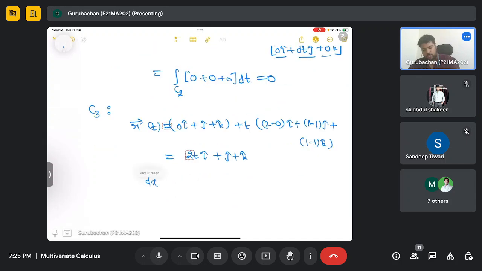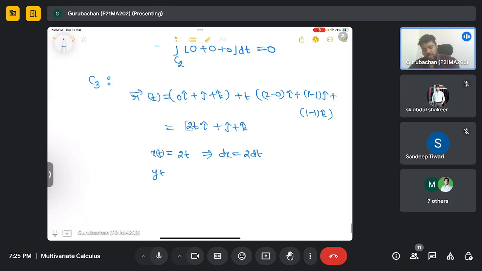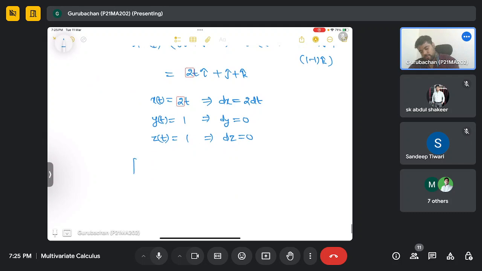So from here, x(t) will be 2t, which will give you dx as 2 times dt. Next one is y(t) equal to 1, which will give you dy equal to 0, and z(t) equal to 1, which will give you dz equal to 0. So the integral of F dot dr over this straight line C3 will give you